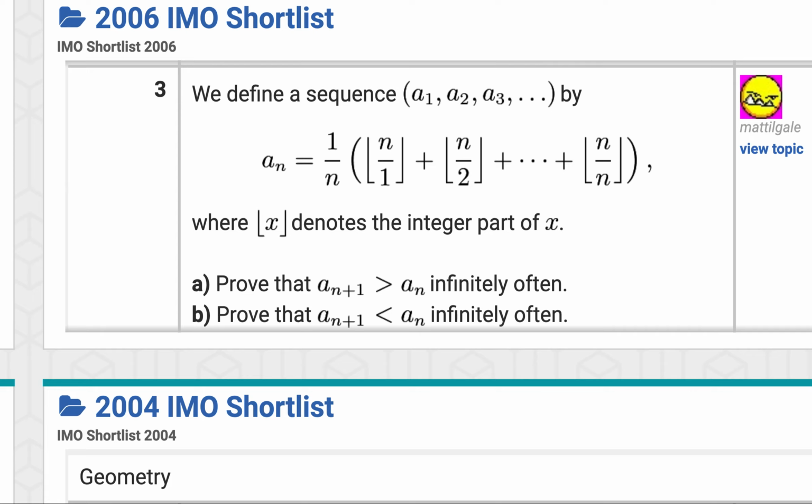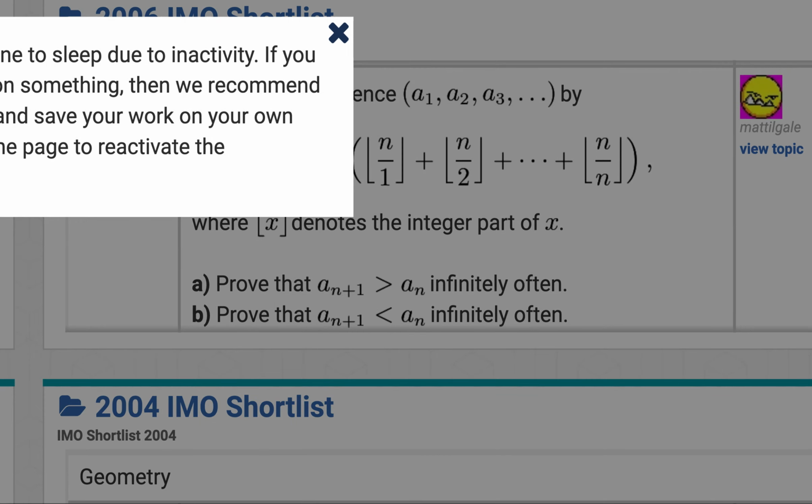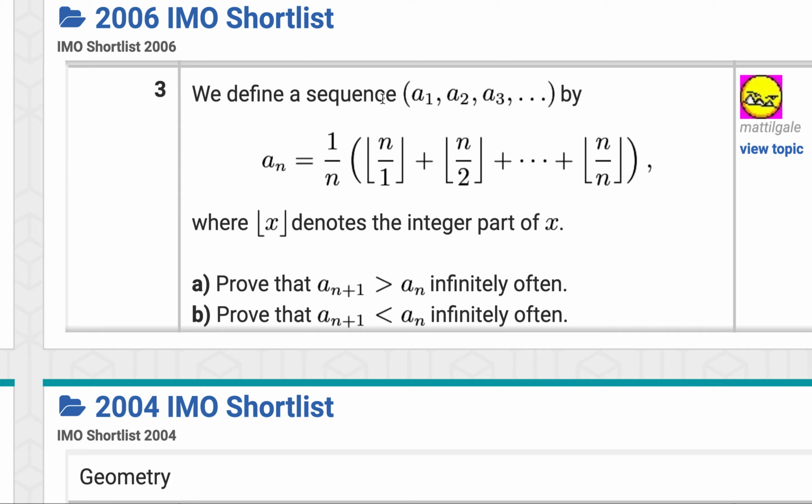If I'm correct, floor of n over k plus 1 is equal to ceil of n over k for most values. But anyways,